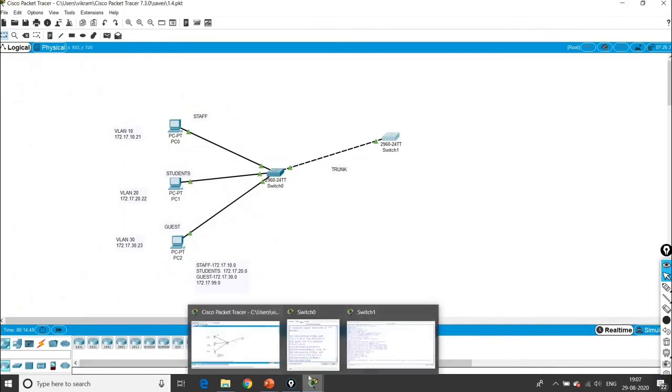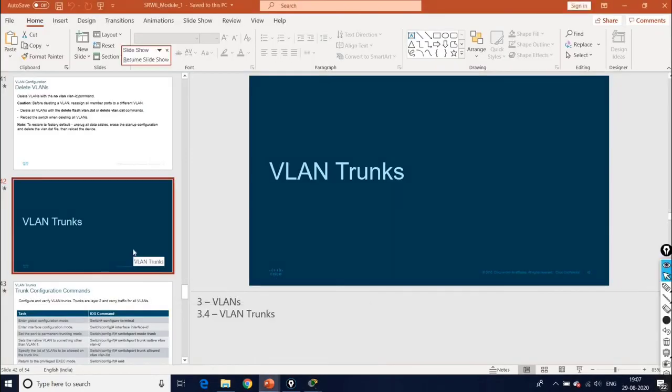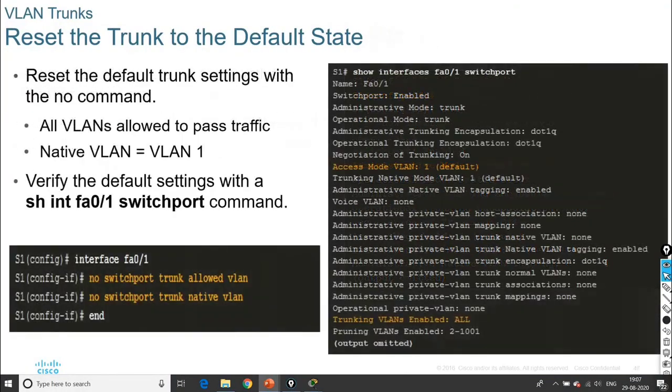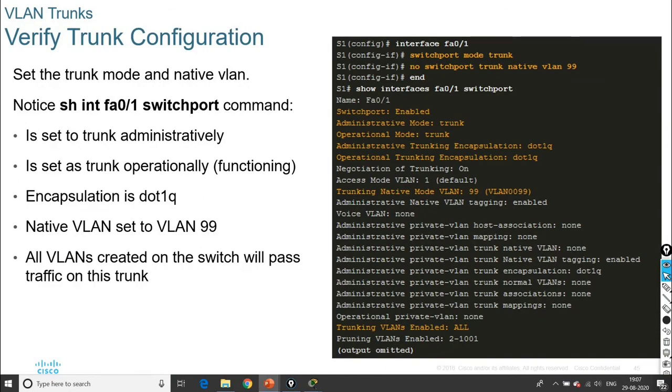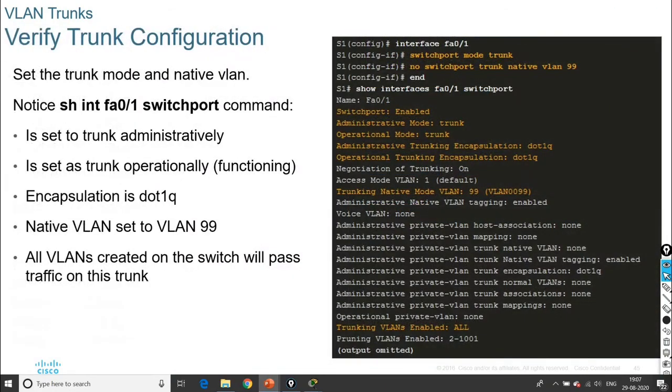So to determine the dynamic trunking protocol, we go for another example, another slide. We completed VLAN trunks here. So this example we covered.